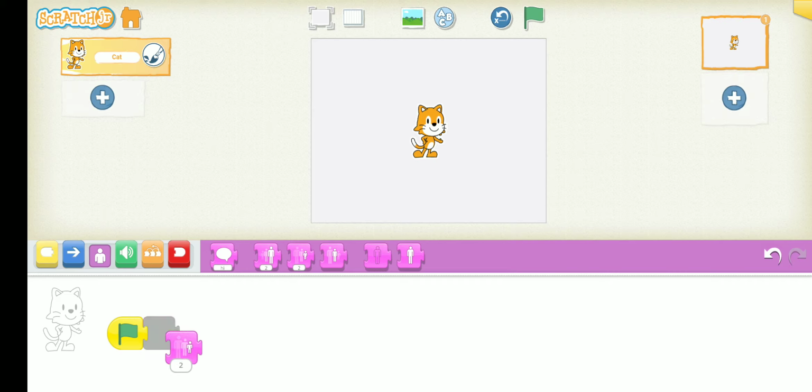Now the next option is to hide. It will hide your cat or whatever object or figure you are using. Let us see. Oh, the cat disappeared. Now if you want your cat to come back, the last option is this one.